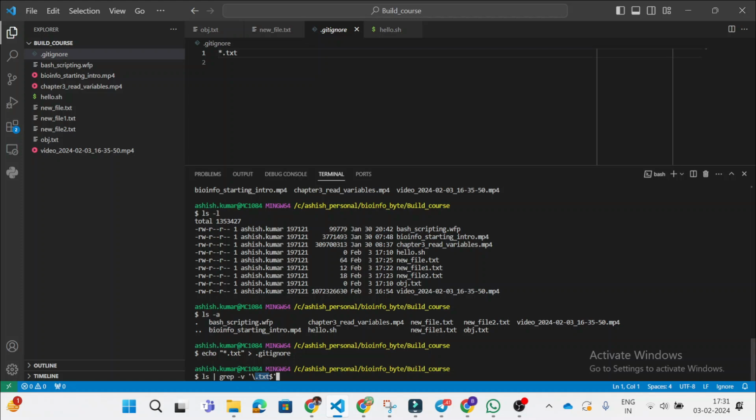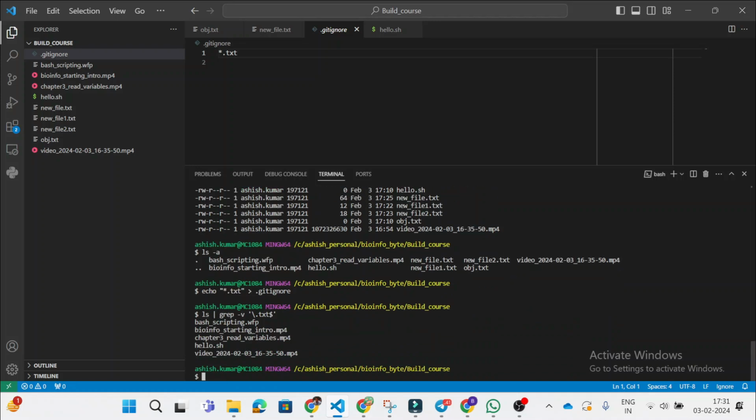And this dollar sign is the ending of the file. So what we are telling the computer is list out all the files, and the pattern I'm giving is .txt, and the dollar sign means that it is at the end of the file. So dollar is used for the end of files, and this will list out all the files except .txt. When you press enter, you will get in the output all the files except .txt, because we are saying with -v to list out all the files excluding the .txt pattern files.